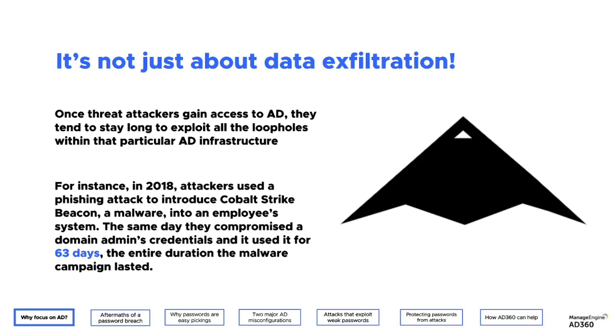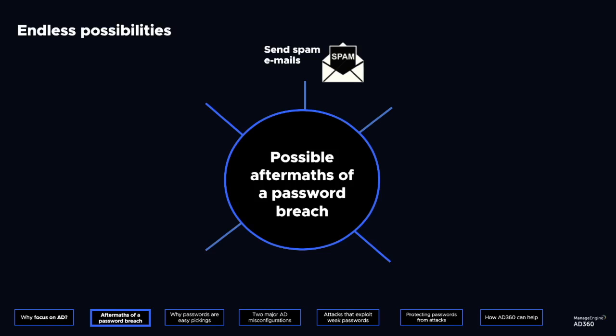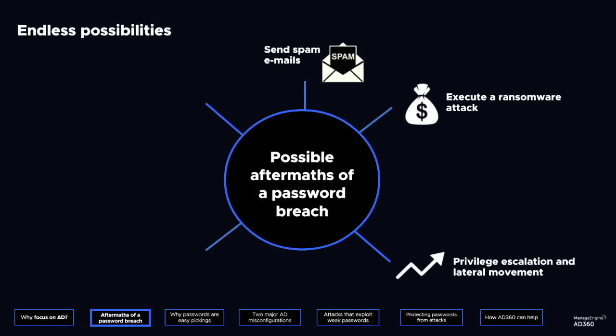And how do they go about doing it? They can do a lot more. They can start sending out malicious emails from your corporate accounts. They can pretend to be employees in your organization and ask for payments from vendors. They can try executing a ransomware attack, which is the most common one, the obvious course of action in most cases, where the attackers encrypt critical files in your organization and demand a ransom to decrypt them. And with crypto available to attackers these days, they can stay as anonymous as possible and get the whole transaction done.